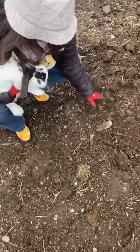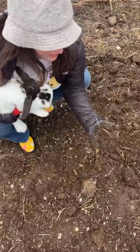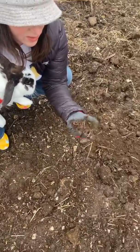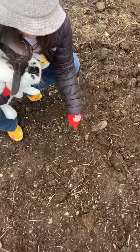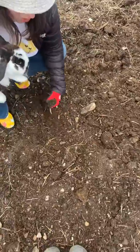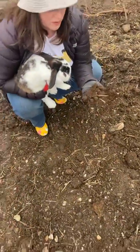So if you look at this, you can see I've been digging in it. You can still see a little bit of bedding that needs to be broken down. That's great, because that's going to keep adding nutrients to the soil. And so what that does is, if I put this under a microscope, and you can do this if you've got a microscope at home, kiddos,